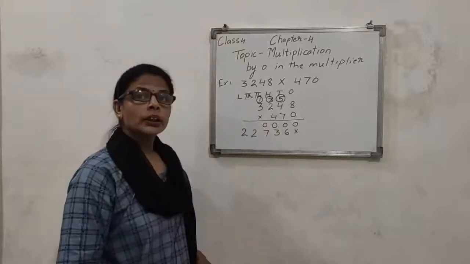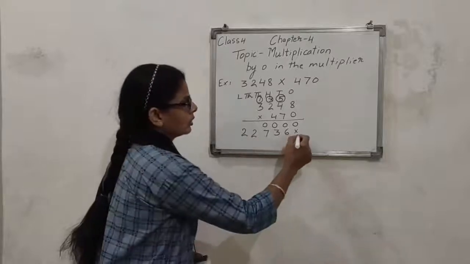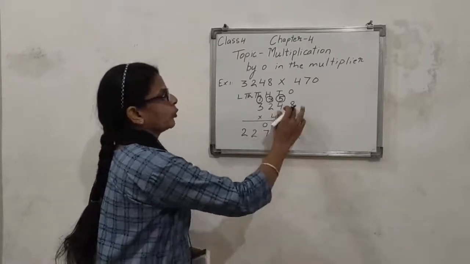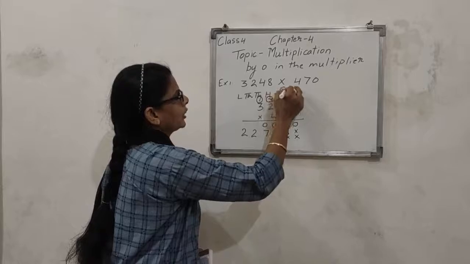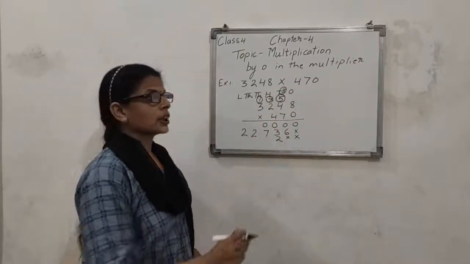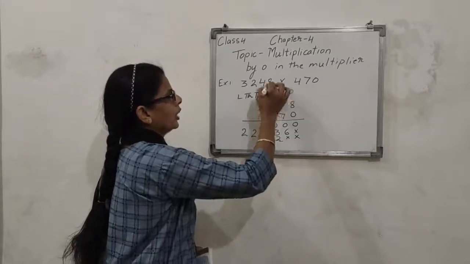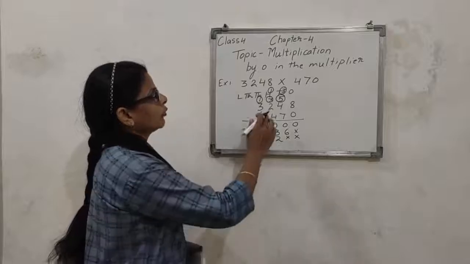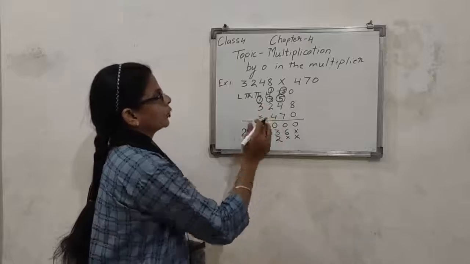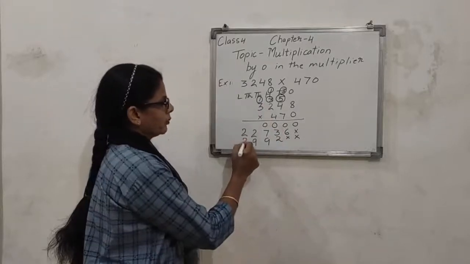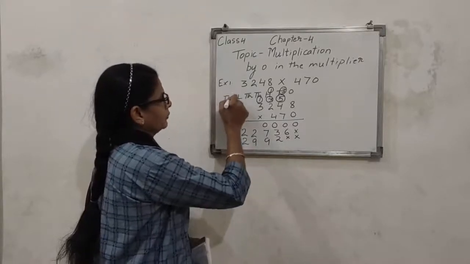Now we have to multiply by the 100 place. So the ones and the tens place will be replaced by cross or 0. Now 4 8s are 32. 2 will be written down and 3 will be carried on the tens place. 4 4s are 16. 16 plus 3, 19. 9 downside and 1 will be carried on the 100 place. 4 2s are 8. 8 plus 1, 9. 4 3s are 12. 12 will be written downside. So this will come on 10 lakh place.